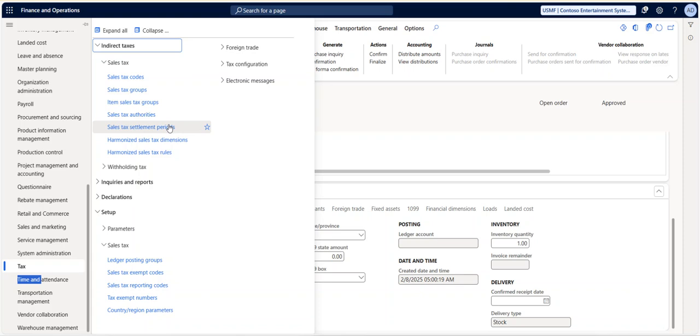In India, instead of sales tax group and item sales tax group, we have HSN code and CGST, SGST code. Based on this HSN code and, I'm not remembering the other code,